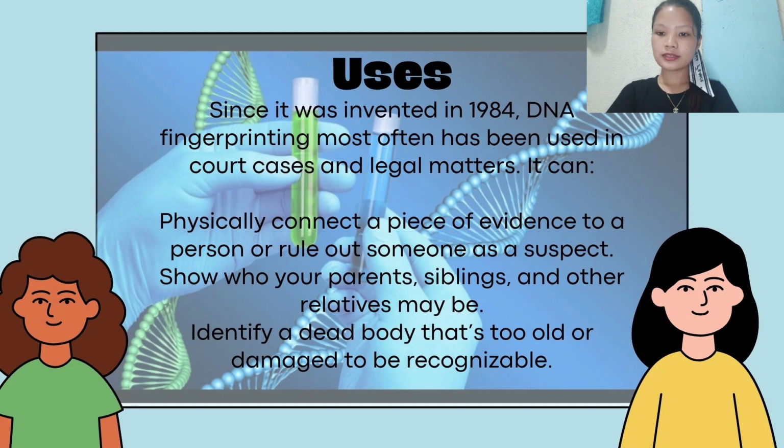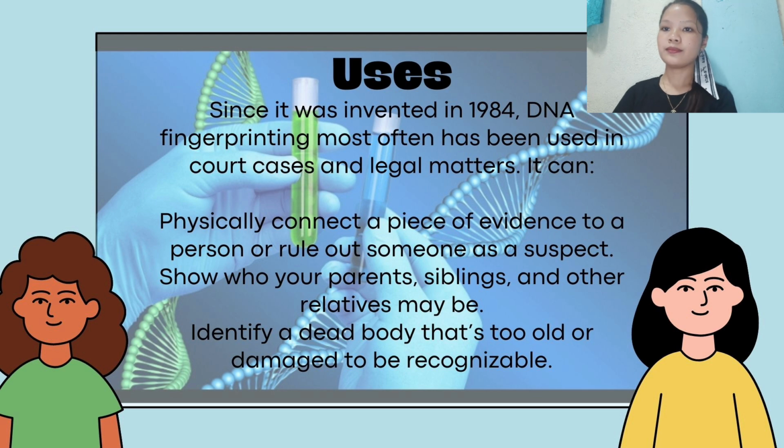Okay, so next is uses of DNA fingerprinting. Since it was invented in 1984, DNA fingerprinting most often has been used in court cases and legal matters. It can physically connect a piece of evidence to a person, or rule out someone as a suspect. It can show who your parents, siblings, and other relatives may be, or identify dead bodies if they are too old or damaged